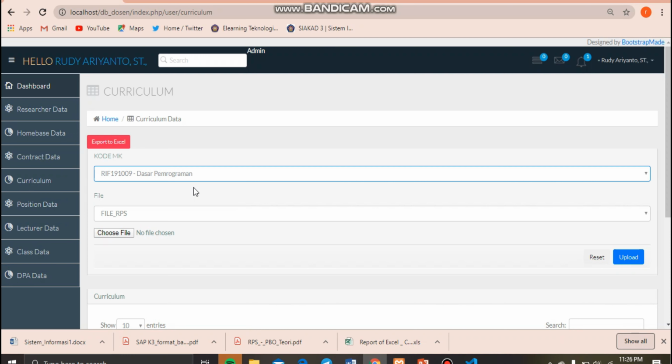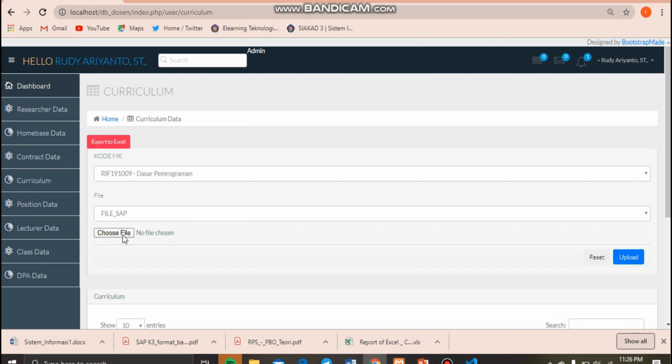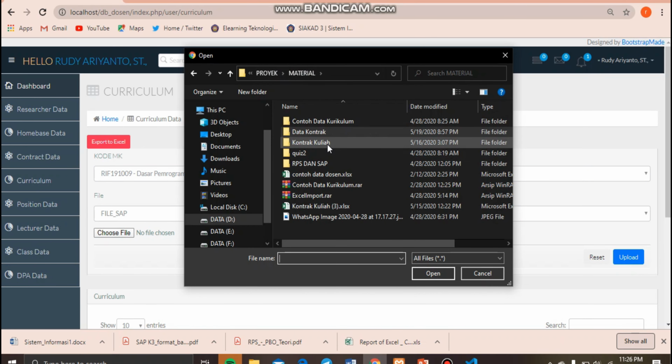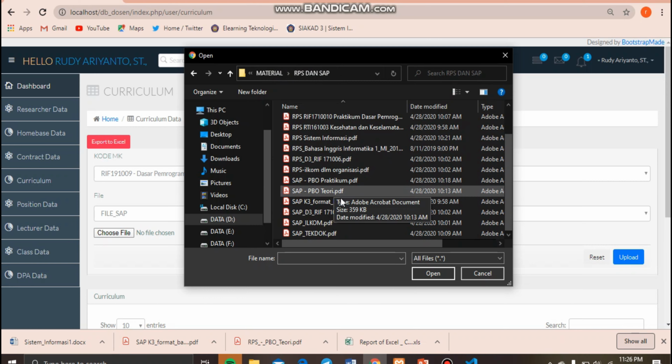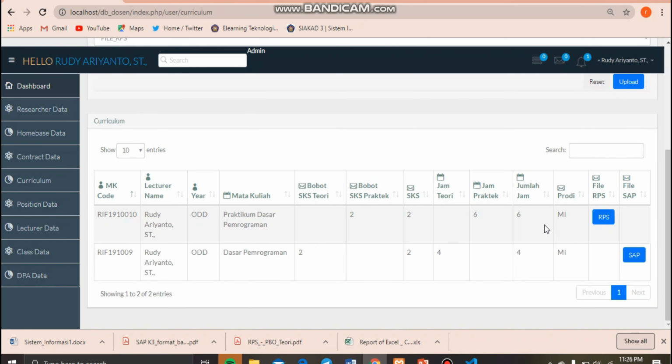Then, select the SAP and choose the file, and click Upload. Then the data will appear in here, and we can also download it in here.